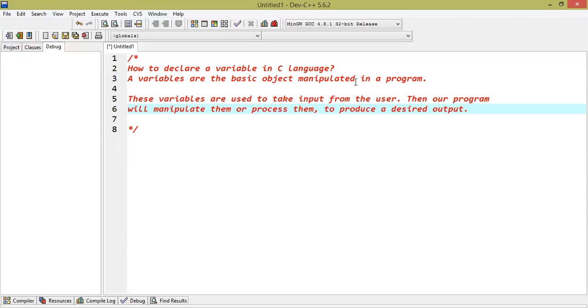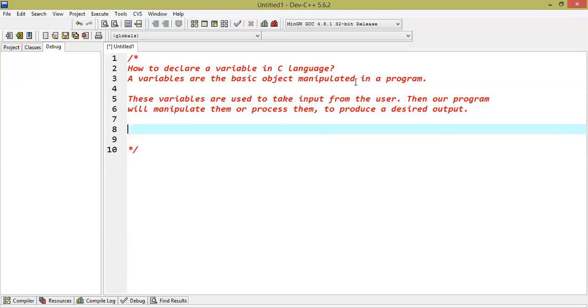So before I start the syntax about how to declare a variable, let's think about the data that we are dealing with in our daily life. Suppose when we fill an online form, it may be a form of an email account, it may be a form of an online examination, then various types of data we need to fill throughout this form.